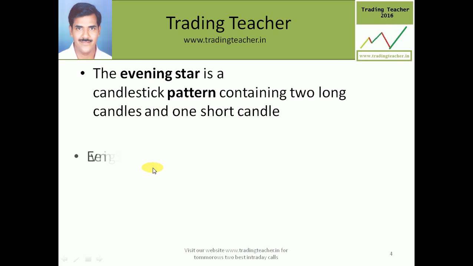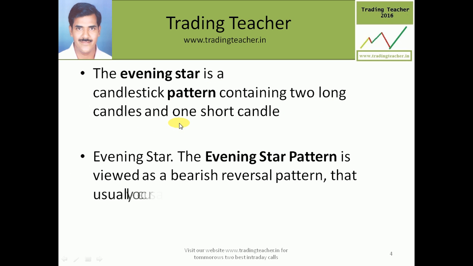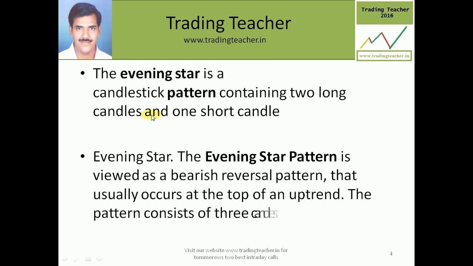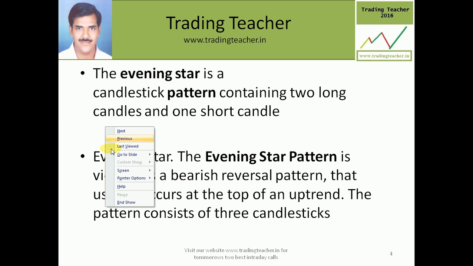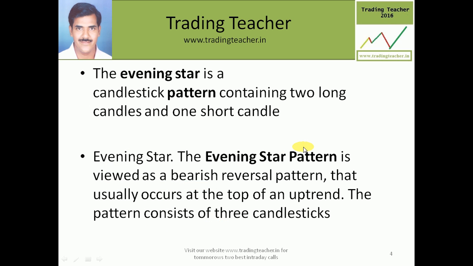And what is meant by evening star? The definition says that the evening star is a candlestick pattern containing 2 long candles and 1 short candle. That doesn't mean that both long candles should be bullish. That is the definition, but the evening star pattern is viewed as a bearish reversal pattern. That means, consider the market is flowing like this, and I will show it here with a ball pen. Consider the market is going in an uptrend like this, and after this the pattern happens,